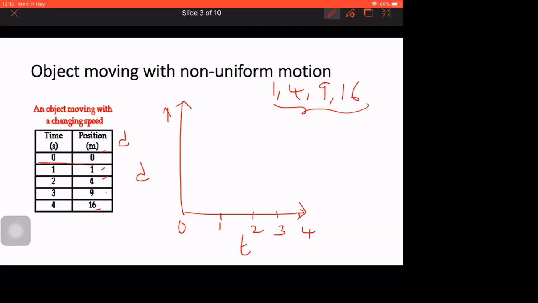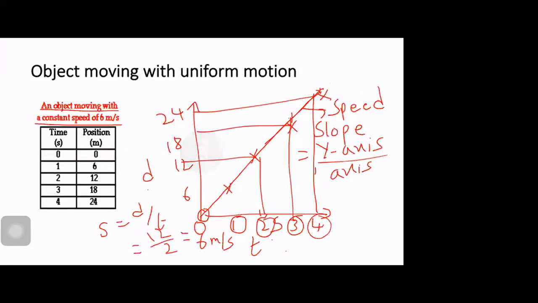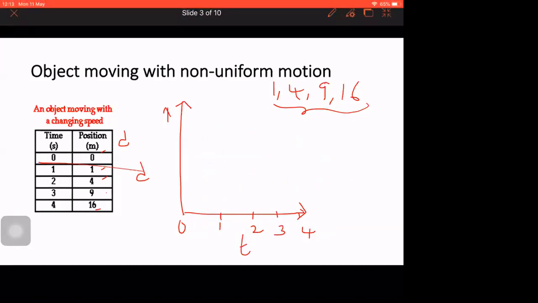In the previous case, I could take them because the difference between the numbers was the same. If you observe the graph, the positions were 0, 6, 12, 18, 24, and the difference was 6. So I easily took 6, 12, 18, 24. In this case, I can't take like that. How should I take the y-axis then? Can anyone answer who is perfect in graphs? What should I take on the y-axis?